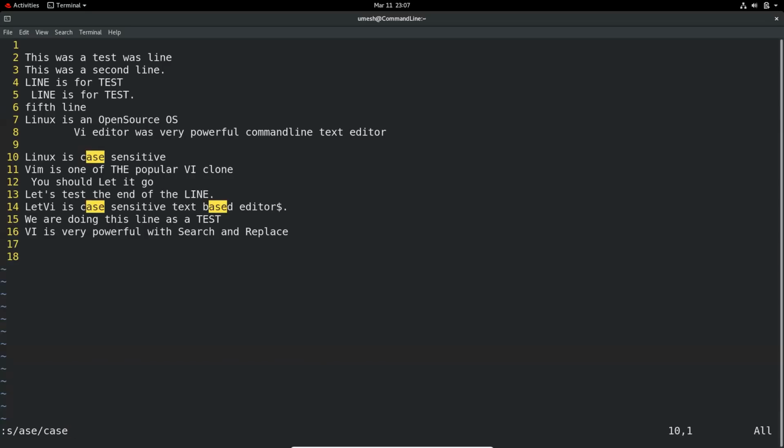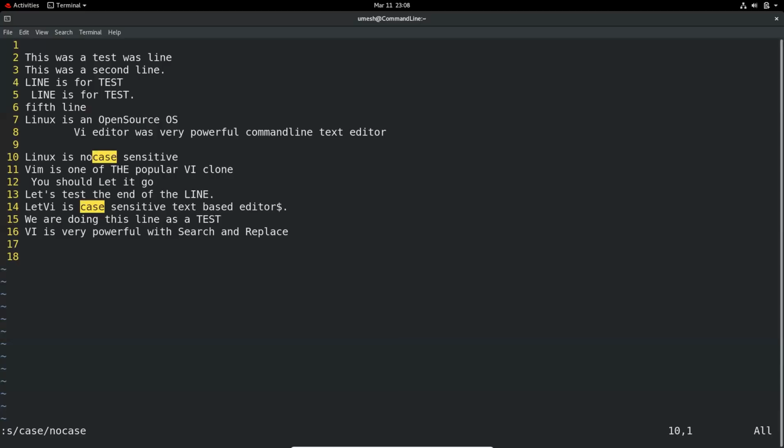Our cursor was on 10, so it replaced ASC with CASE. If you do substitute case with no case, it will only replace on that particular line 10. The others, number 14, were intact.